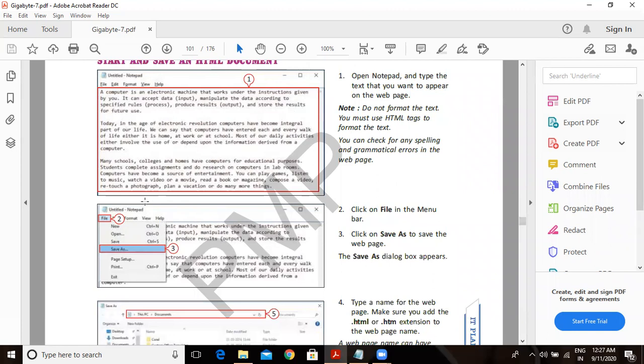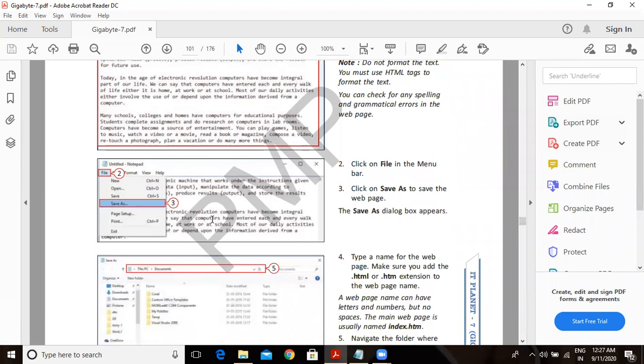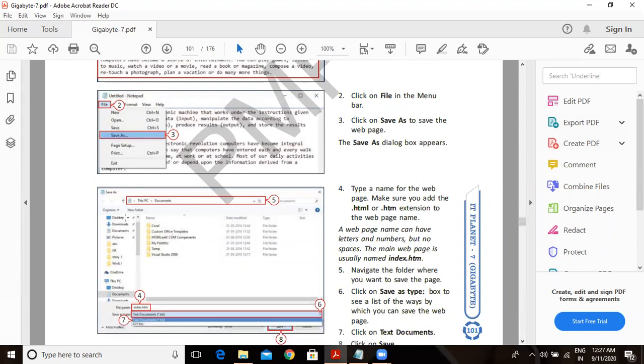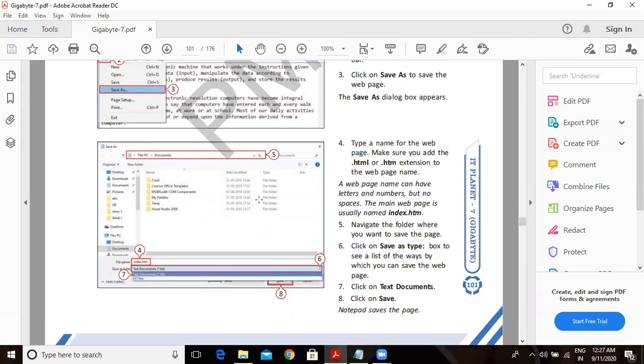So what you have to do is, in the notepad, here we have the file. Click on file. Click on save as. Once you click on save as, the save as dialog box appears in front of you. Now, from here you will select the location where you want to save your web page. Give the name, but you have to be very careful here.